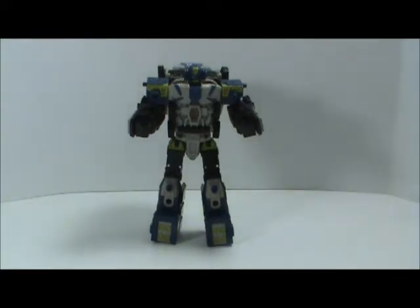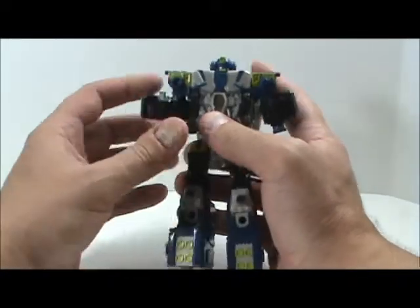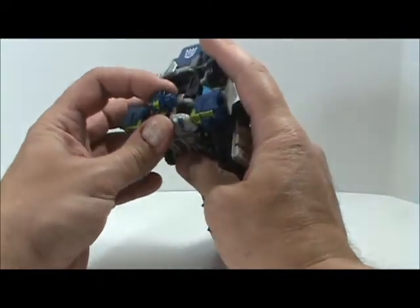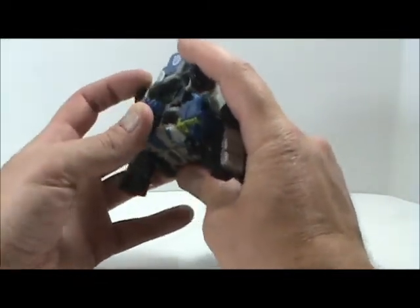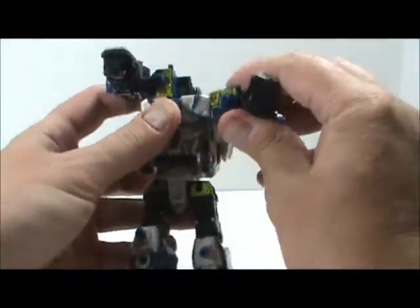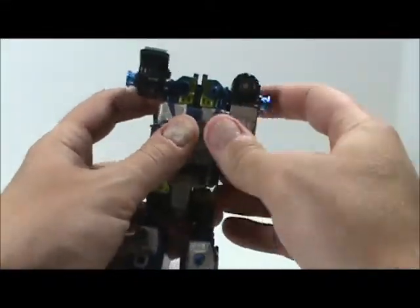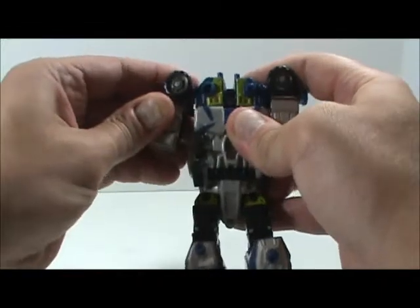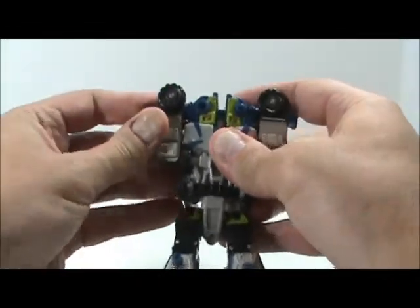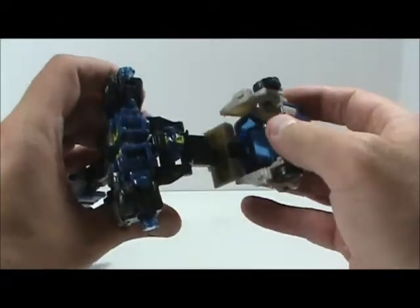So, on with the review. As you can see, there is Energon Barricade, aka Onslaught, there in front of you. We're going to take him from robot mode and put him into the torso for Bruticus. First thing we're going to do is take his head and fold it back, bring the shoulders up like so, and then fold the arms down and peg them in on the sides like so. Come around the back here, pull out the backpack. You can see I've already removed